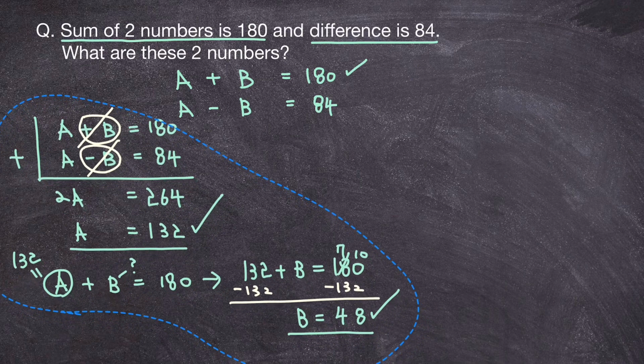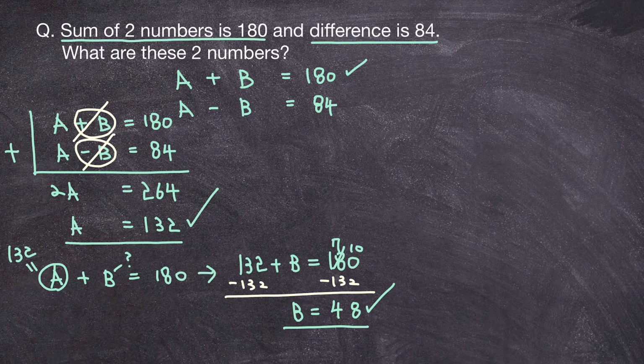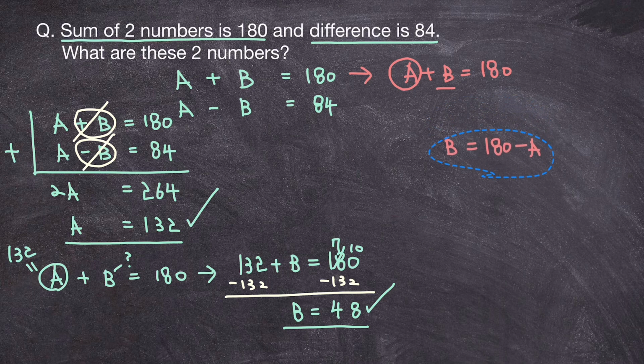So I'm going to show you that method in another color. Let's use red. Another method goes like this. Since A plus B is equal to 180, I can keep my A as it is, but for B, I can express B as 180 minus A, right? If it's not intuitive for you, let me just show you. All I'm doing is I am subtracting A from both sides of the equation